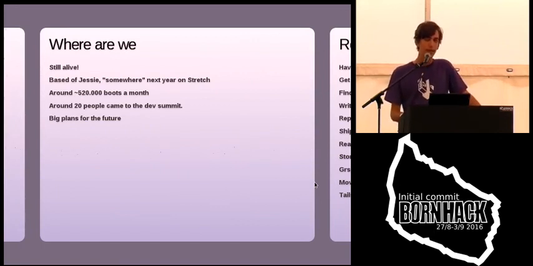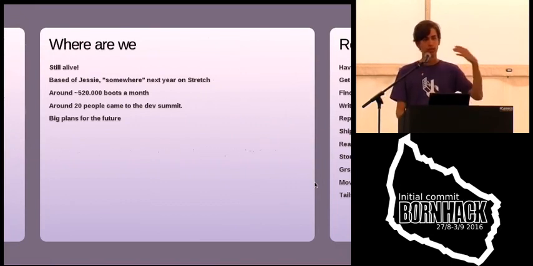We're at the moment based on Debian Jessie, and somewhere next year we'll be based on Debian Stretch, so Debian 9. This is quite an undertaking to port an operating system to support most of the stuff and port the test suite that we have, because we test every release and every ISO and every branch that we push, and go through an extensive test suite that we build and maintain, which is quite a bit of work. I'll come to that afterwards.